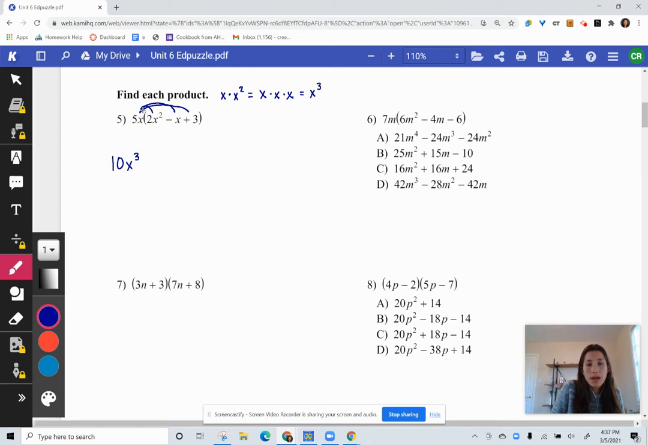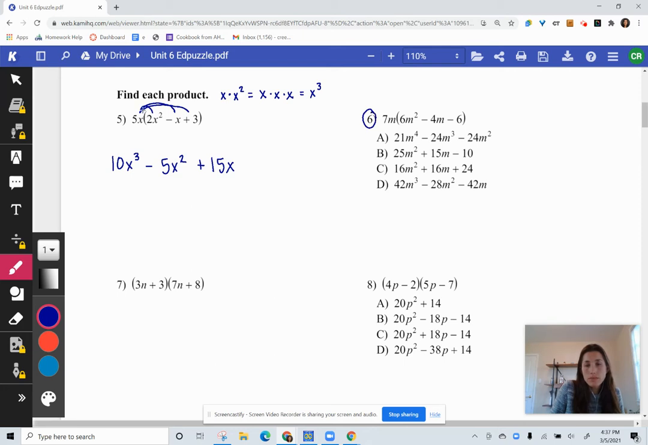And then we have a 5 multiplying to a negative x, so that's negative 5. We have 2 x's then, so x squared. And then 5x times 3, 5 times 3 is 15. So go ahead and try question number